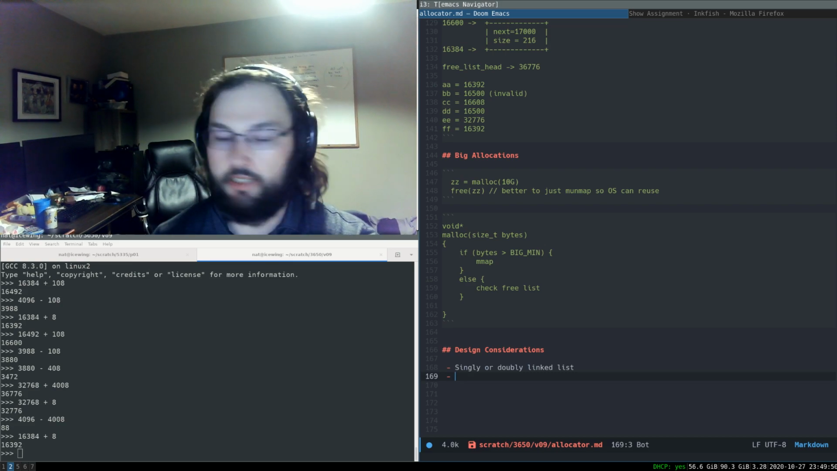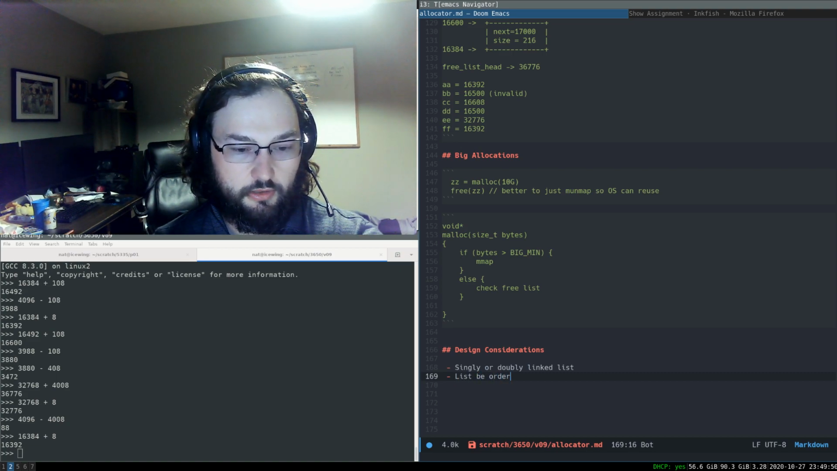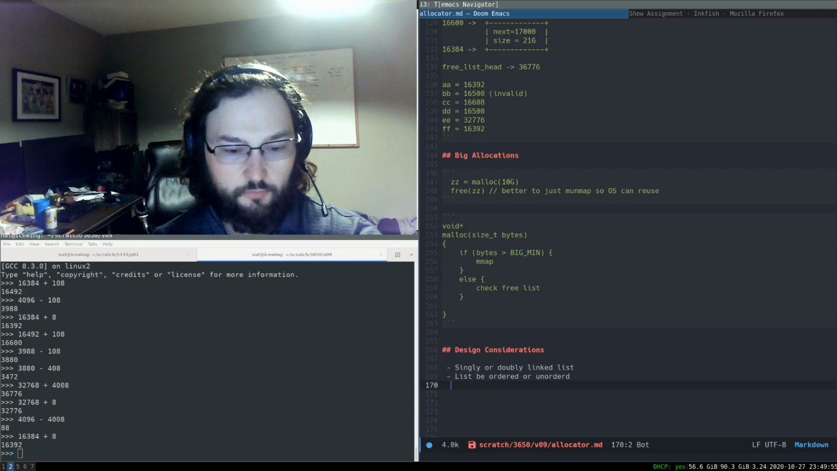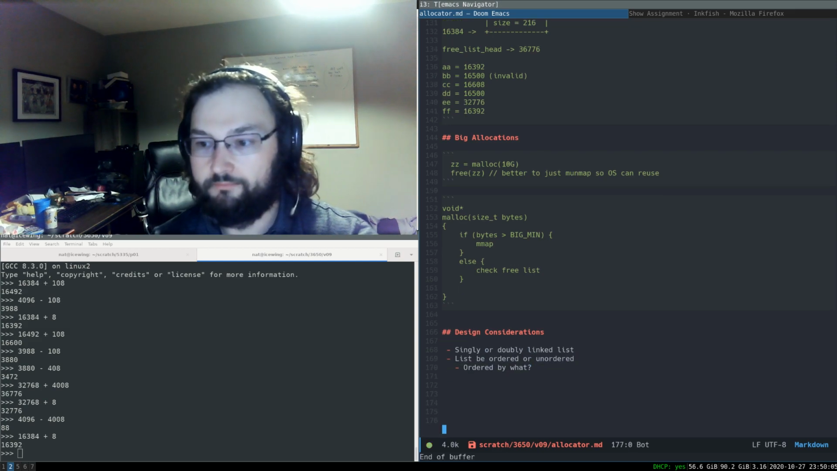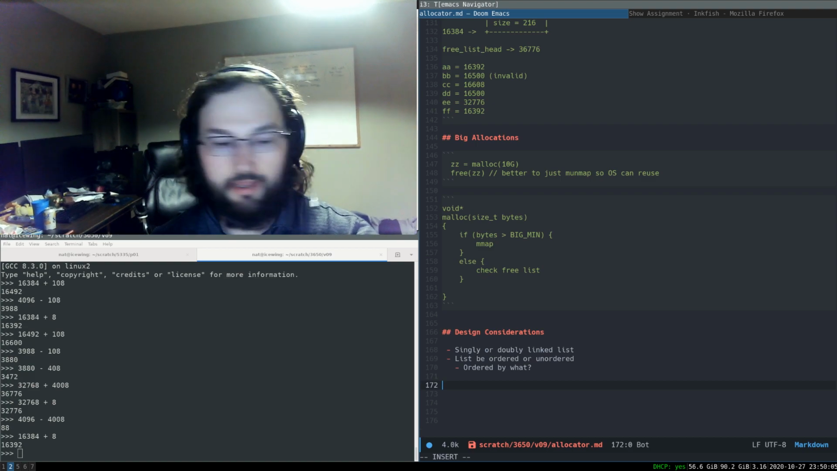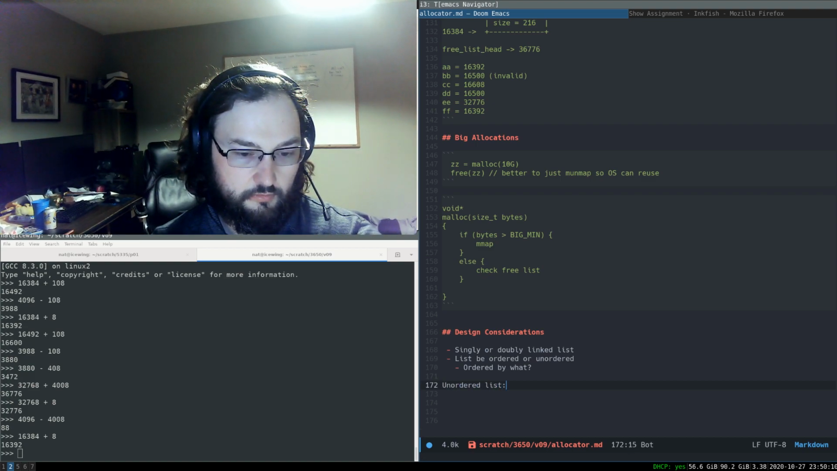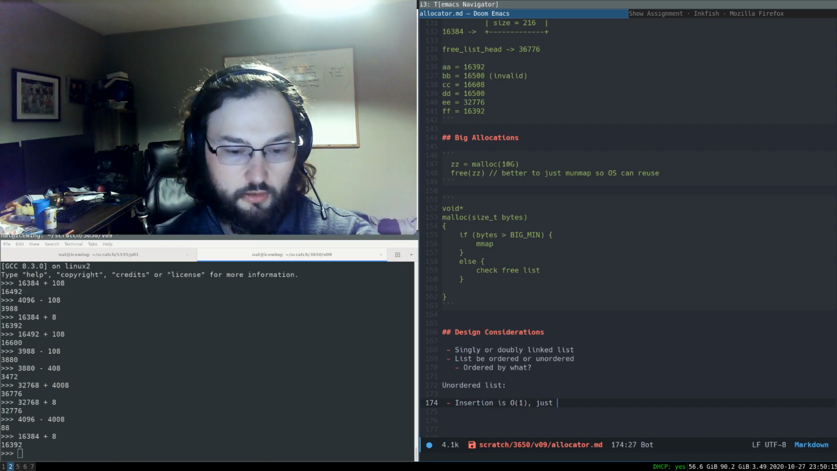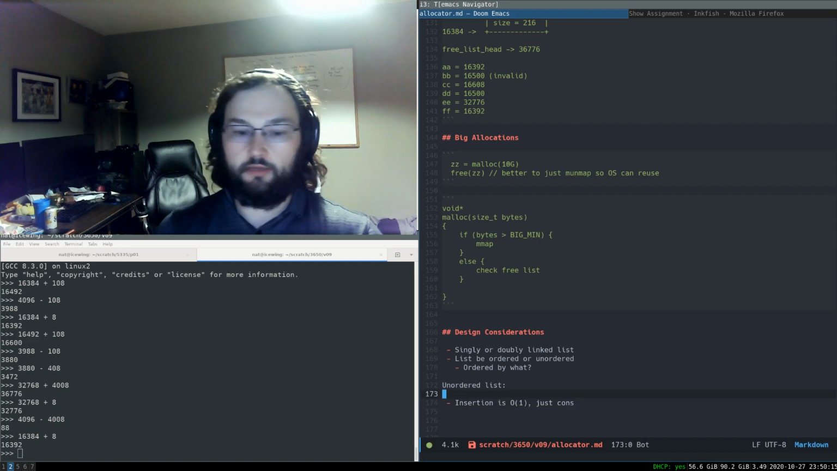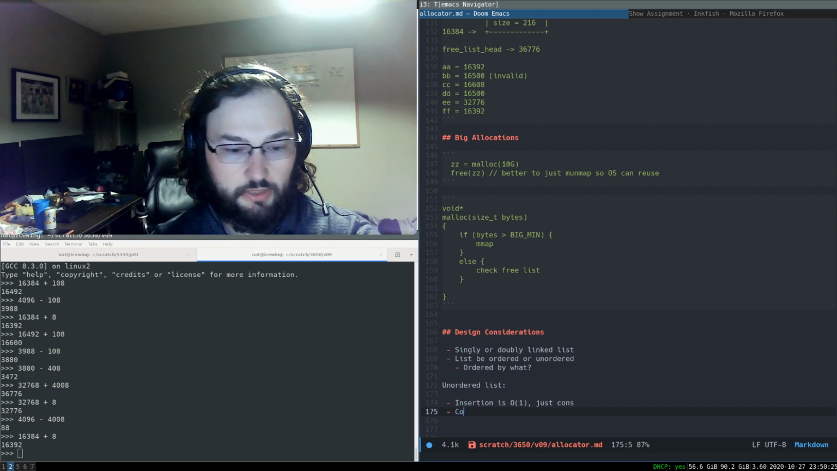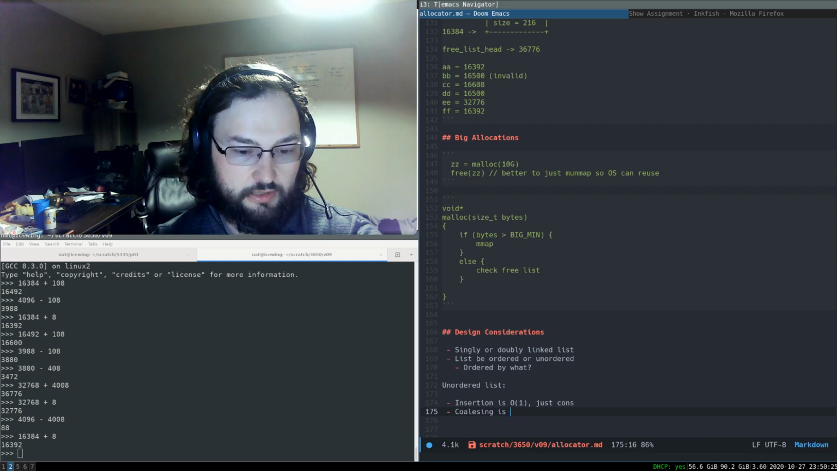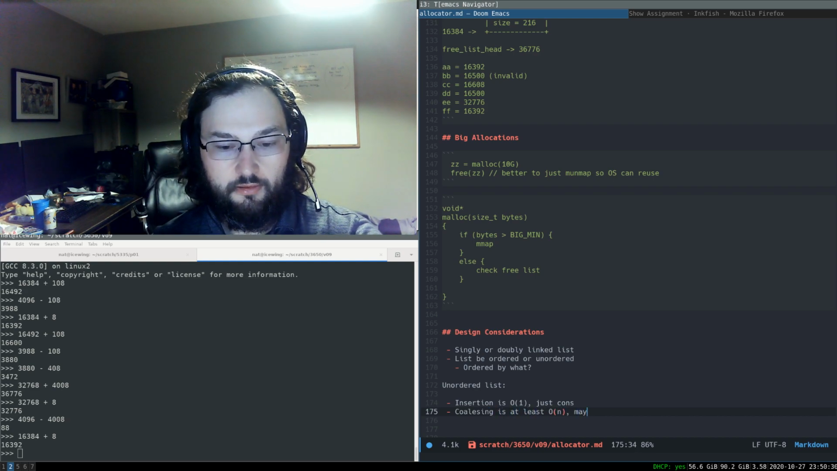Another interesting question is, should the list be ordered or unordered? And if we're going to order it, ordered by what? So if we have an unordered list, we can do insertion in O(1), just stick the item on the front. Unfortunately, coalescing is at least O(n), maybe worse,